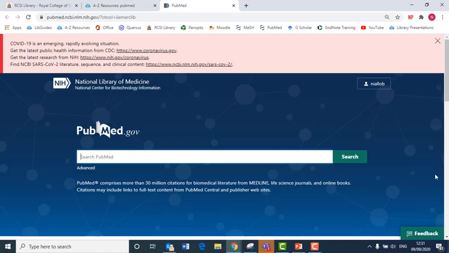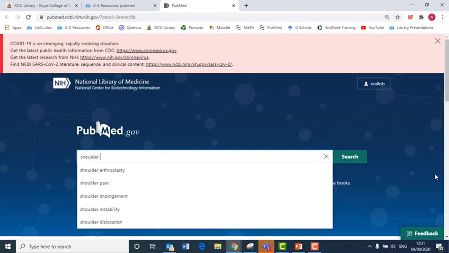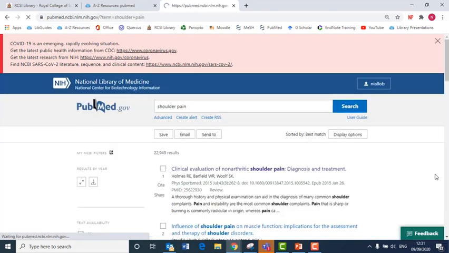Now complete a search on the topic or article you are looking for by typing keywords into the search box. For the purpose of this example, I will type in shoulder pain. Then click search. Suppose this is the article I am looking for. I click on the article,